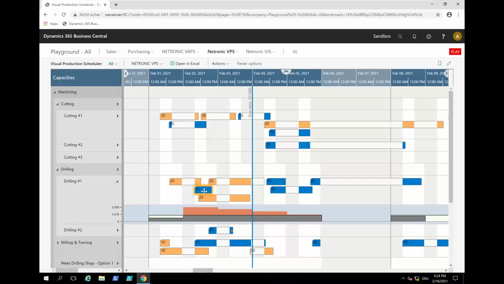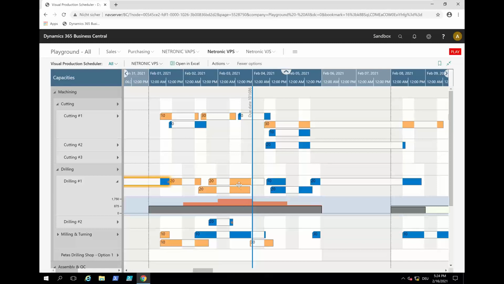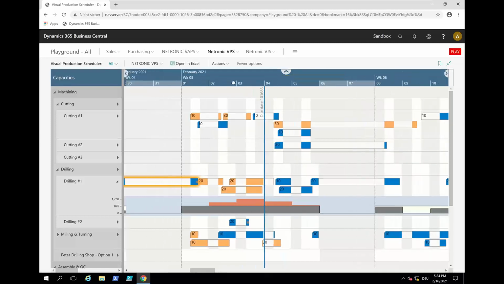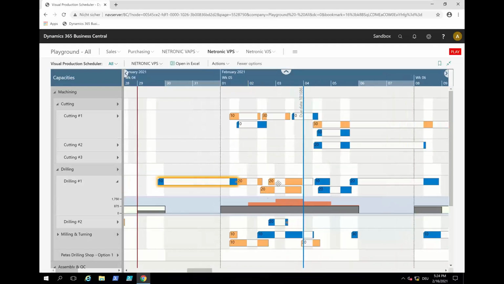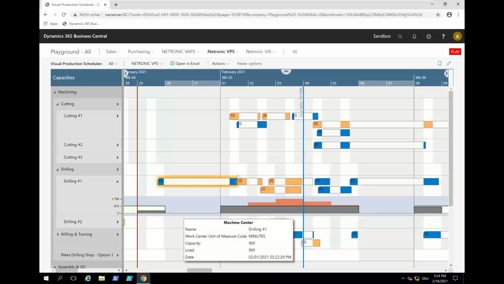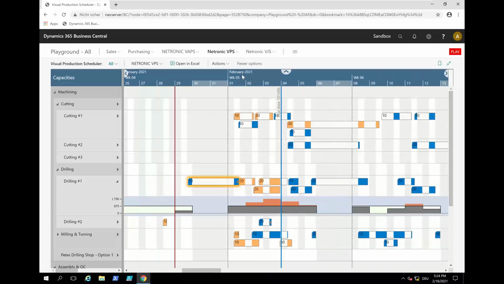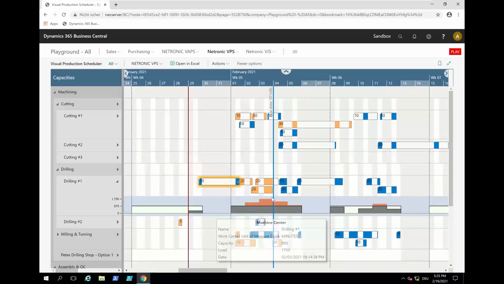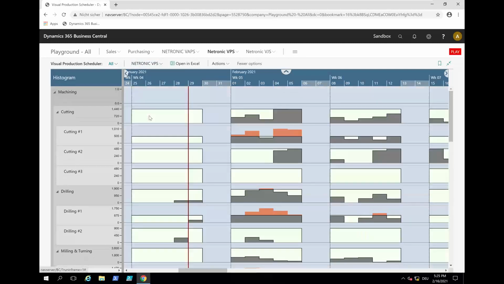Here is another firm planned production order, which maybe I can start a bit earlier because I have some free capacity here. So this is all manual drag and drop scheduling, but also facing some of the challenges that you have when you work with Business Central, but with the big advantage that you see conflicts like this earlier and faster and better understandable, and you can also look at the overall utilization from a chart like this,